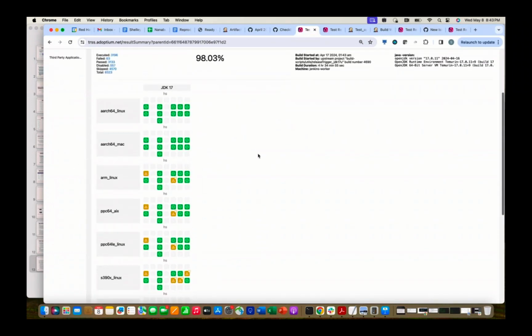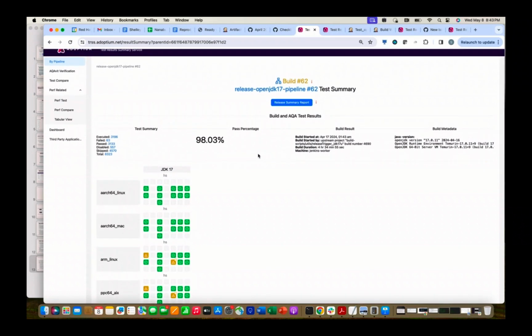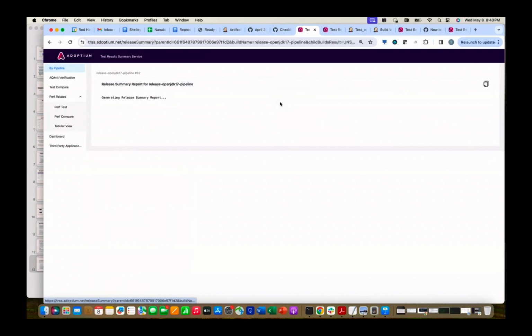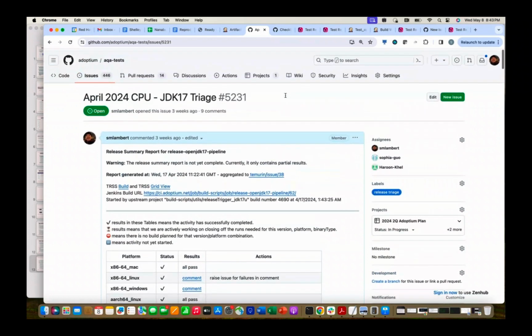Okay, so we're looking at this grid view, but one of the very first things we would normally do would be to generate the release summary report. And the reason we do that is to populate our triage issue. And I'll find the one for 17, here it is in the